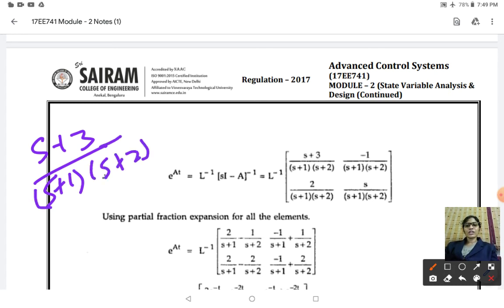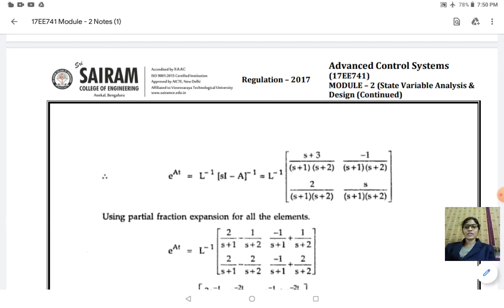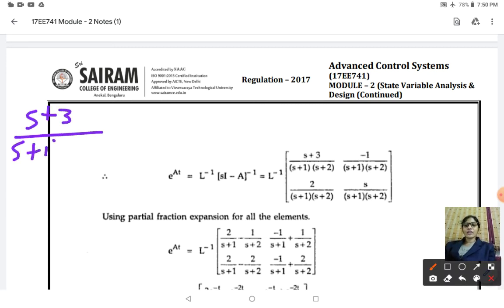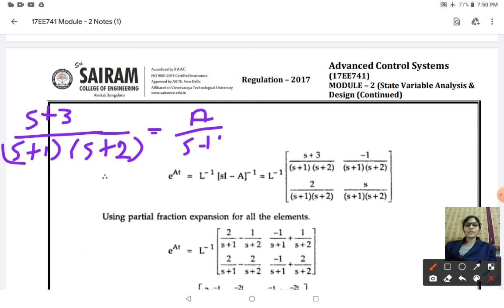If you take the partial fraction method, it will be like this. So we will be writing s plus 3 divided by s plus 1 into s plus 2 as A divided by s plus 1 plus B divided by s plus 2. So we need to identify the value of A and B in this. So when you do so, you will be getting